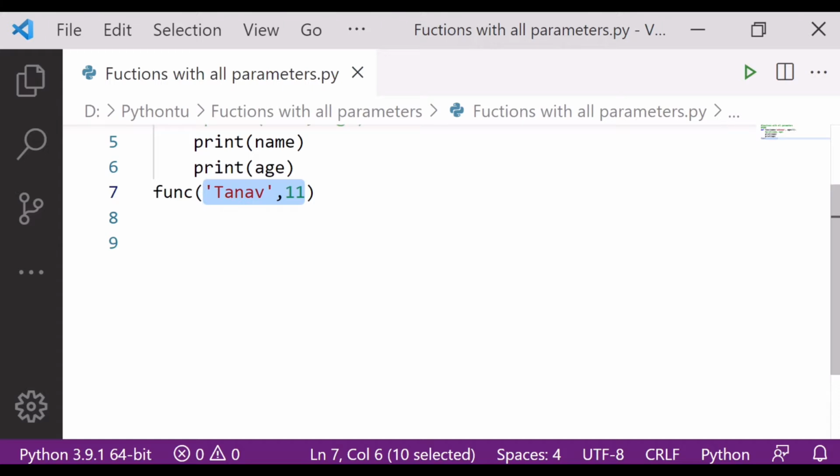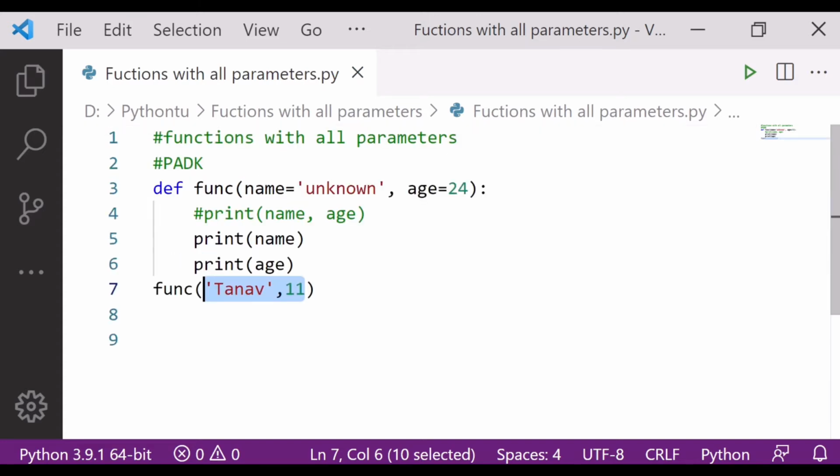So now the thing that I want to tell you is that while defining all these parameters, there is some order that we have to follow. That order I already wrote in the comment section, that is PADK. Yes, you can see over here PADK.